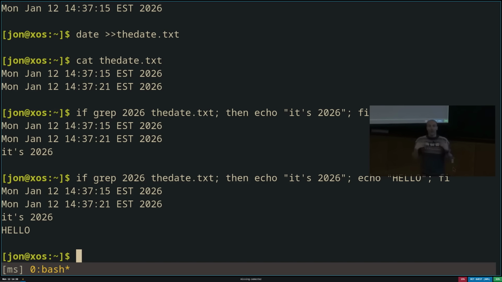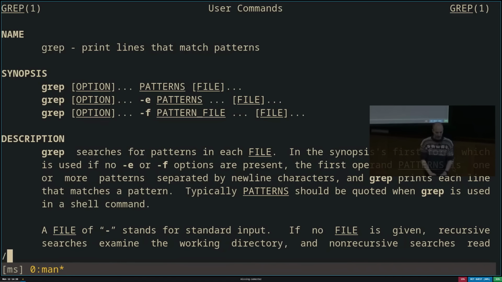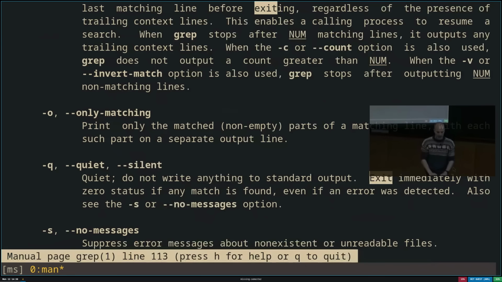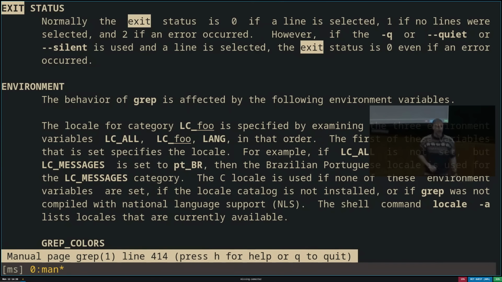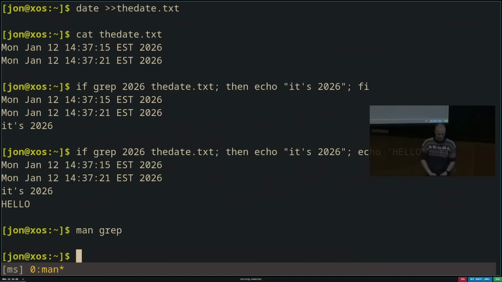If you wonder how I knew that grep exits successfully when it finds something, this is also in the grep manual. In most grep manuals, if you search for exit status, you'll find an entry that explains what this program exits with. In the case of grep, it exits with 0 if a line is selected, 0 is success, and it exits with 1 if no lines were selected, and 2 if an error occurred. And in general, 0 is success, and any non-zero exit status is not a success.